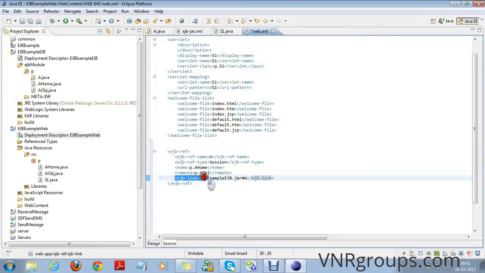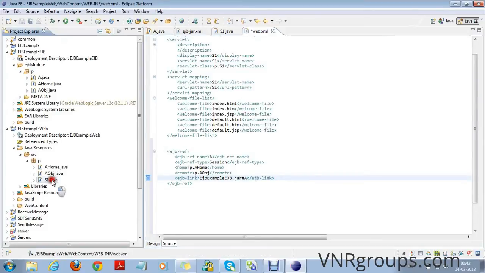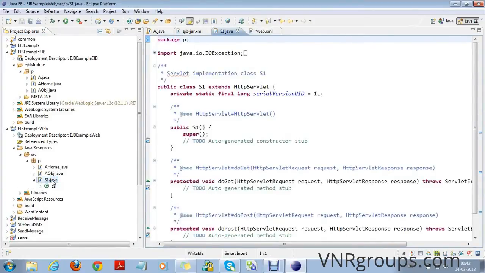EJB link specifies the jar file that is containing the EJB class and the name of the EJB class. Now we'll open the servlet and call the EJB method.